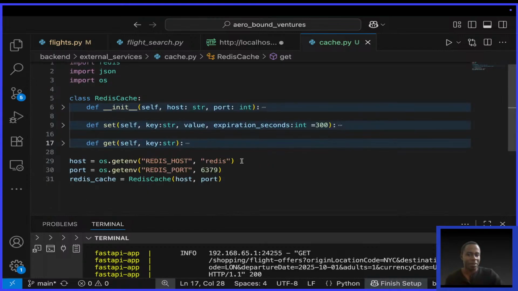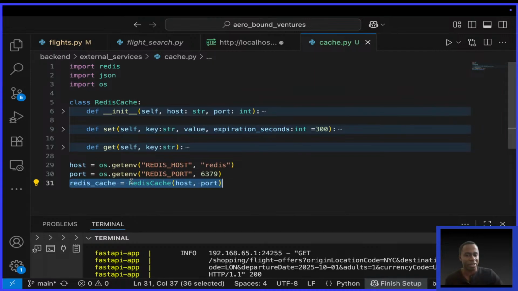Then at the bottom here, I'm simply picking the host and the port from the environment, and creating an instance of our class, our RedisCache. Where is the Redis coming from? It is coming from